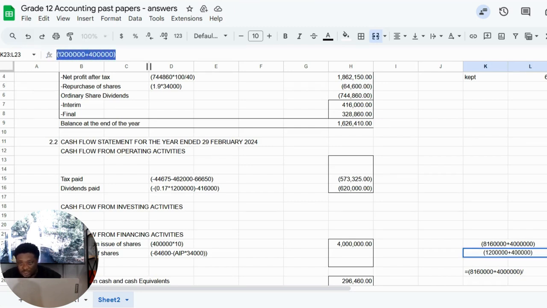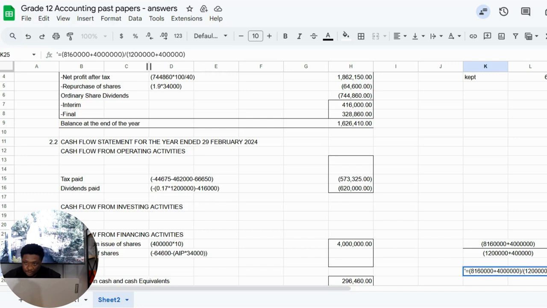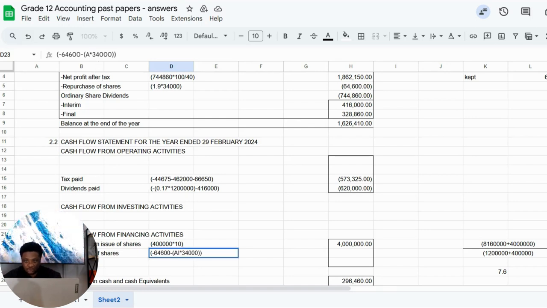So basically 1,600,000 if you add all of these things up, but I don't need to add them up. I'll just do it here, and then we'll see what we get. So the average issue price is 7.6, and so in our calculation for average issue price, we put